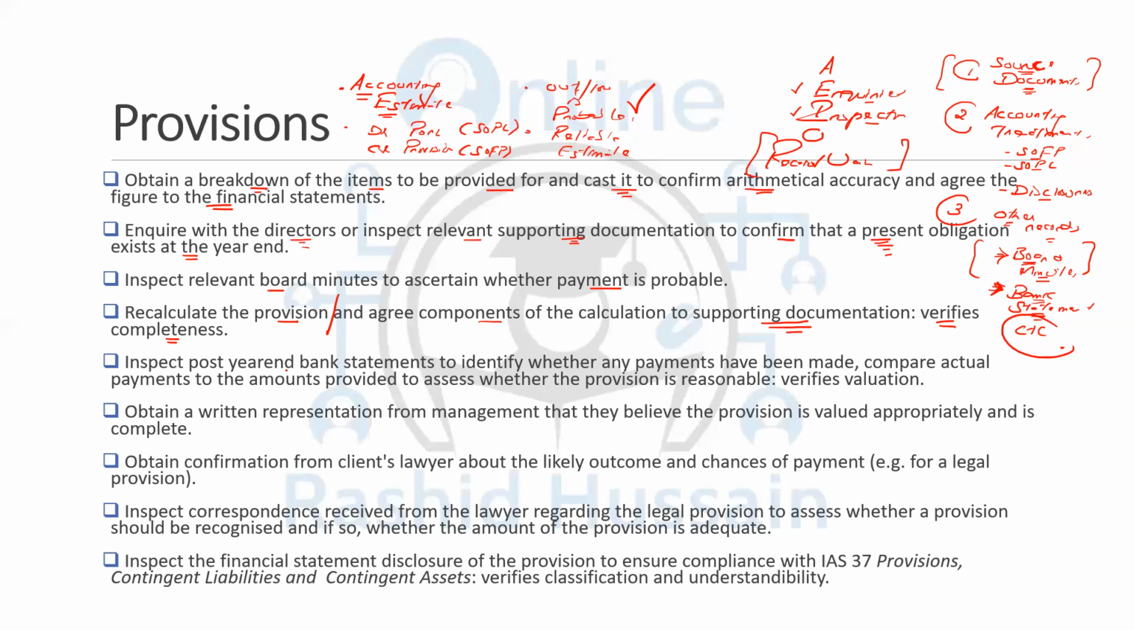And then inspect the post year-end bank statement. So you see the bank statement as another document, corroborative record, to identify whether any payments have been made, and then compare the actual payments with the provision being recorded within the books. Because if the payment is more than the figure which they have recorded within the books, then they have understated the expenses and the liabilities. Obtain the written representation, again, a very, very important figure when it comes to some calculations which are being